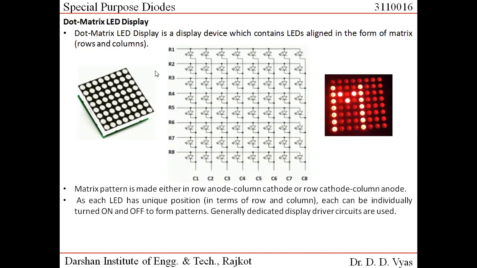Again, repeating this: if I want to turn on this LED individually, the way is to make this row plus 5, make all other rows 0, make this column 0, and all other columns plus 5. So the net potential difference between this anode and cathode would be positive, and this LED would glow. Whereas the rest of the LEDs would not glow, because in this row all anodes are positive but the cathodes are also positive, so the net potential difference is zero. So this is how the displays are made.